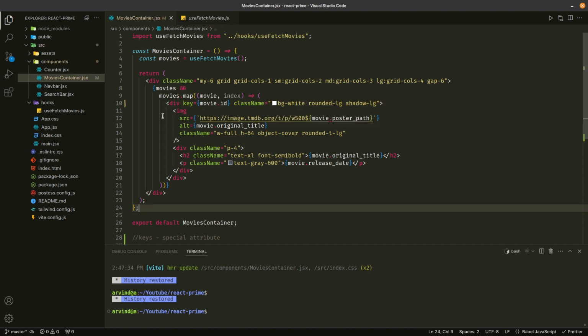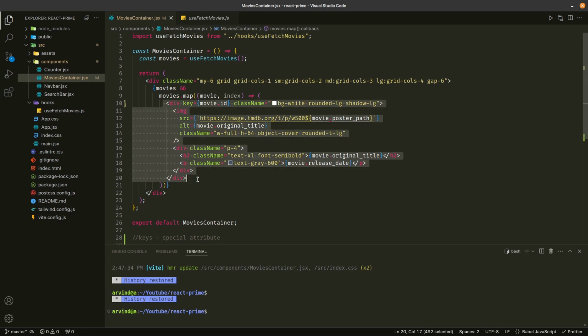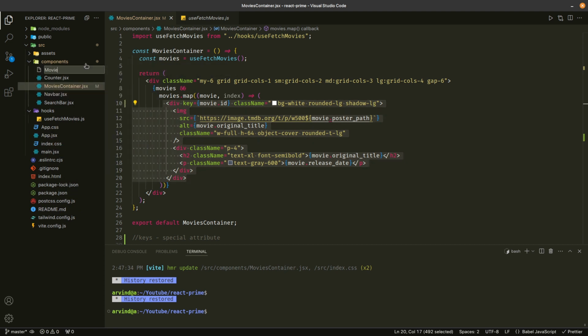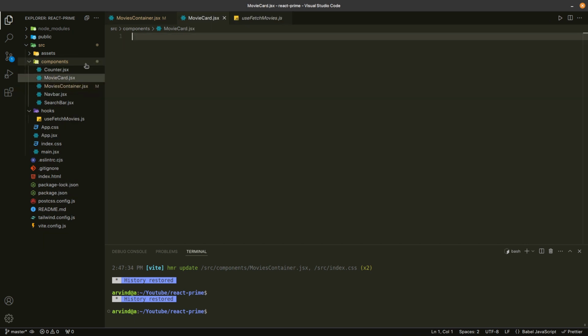So now let's make this component even cleaner. I want to remove this logic and put it in a different component. So let's remove this logic from here and put it in a different component. Let's call it MovieCard because this is the logic for rendering a movie card. So let's make a new file. Let's call it MovieCard.jsx,